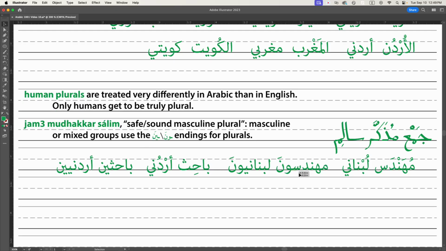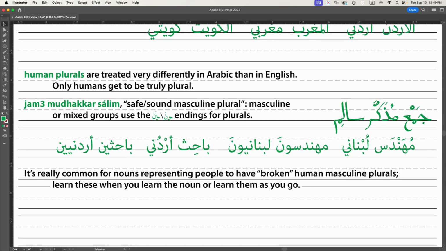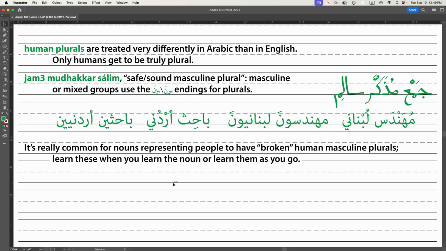If you don't know what the plural of a human noun is, then you would use the una or ina plural. So for example, if you were talking about a talib, a student, you might say talibun, and everyone would totally understand you. It would be like saying there are 4 childs in that car. Everyone will get it, it just sounds a little off. No one will really care. But it's really common for nouns representing people to have broken human masculine plurals. And the best way to do this is just to learn them when you learn the noun,